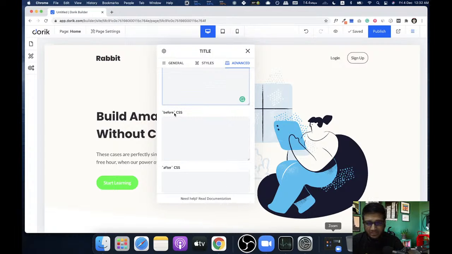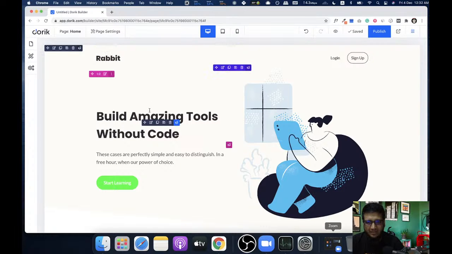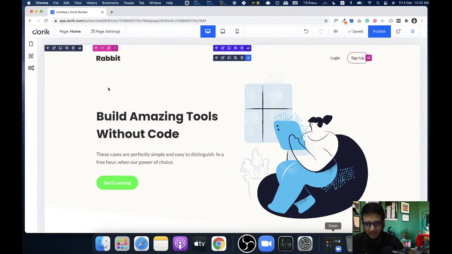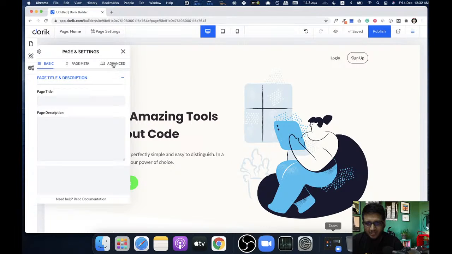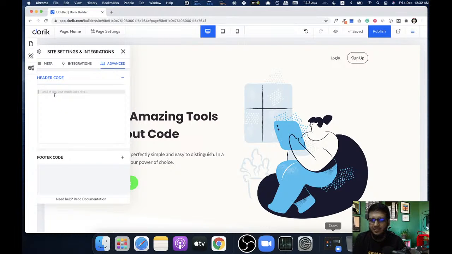Also, there are two css options called before and after. You can add before and after css, but if you want to add css in a page so it should affect the entire page or entire site, you can come to page setting, advanced header code, or site setting, advanced header code, and you can write your css like this, style, and target your class and write your css inside here, and it will take effect in the entire site.